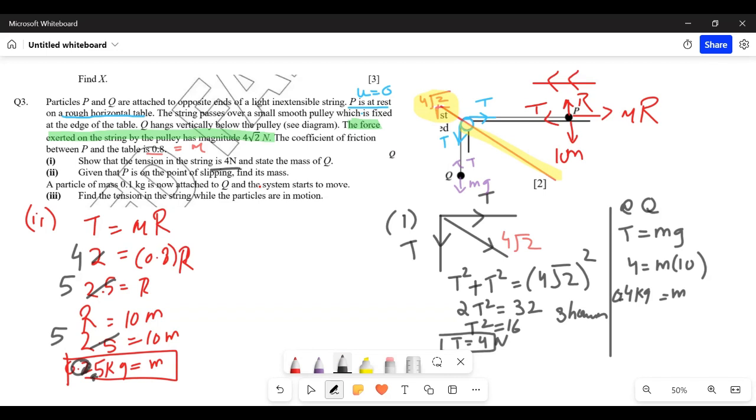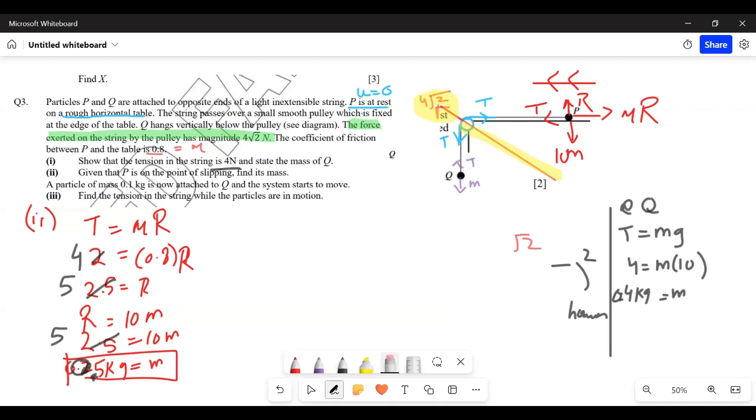Okay. Next, it says that a particle of mass 0.1 kg is now attached to Q and the system starts to move. Find the tension in the string while the particles are in motion. So now an extra mass of 0.1 is attached to Q. So there's an extra mass attached. So now it becomes bigger. So now its collective mass becomes,